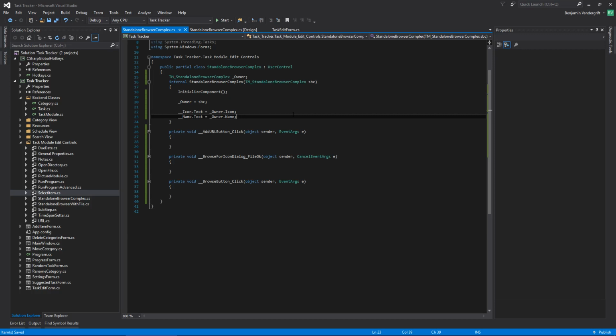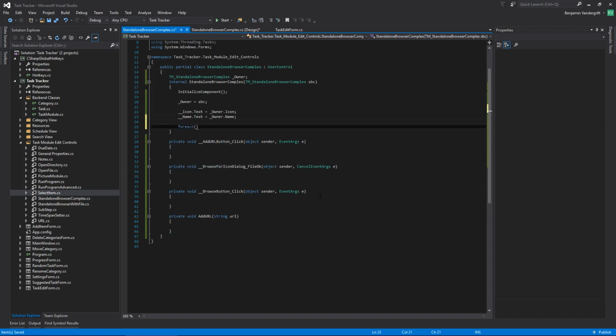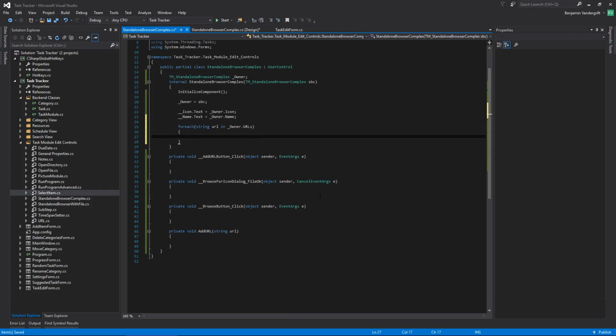And then what I'm going to do here is I'm going to actually make a function, private void AddURL, string URL. So this could be empty, and that's okay. But the important thing with this is that this is going to set up my text boxes. So I'm not going to do anything with that just yet, but I'm going to go for each string URL in owner.urls. I've been calling it URL for some reason. There's no good reason. You could go URL if you wanted to kind of emphasize the oo aspect that URLs can have, but